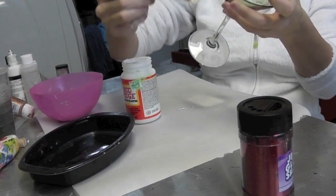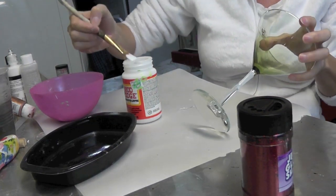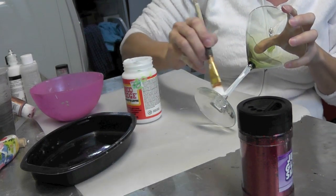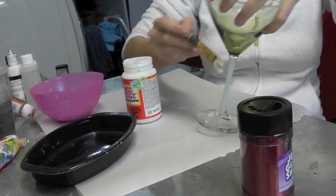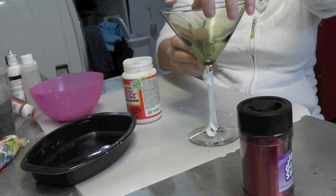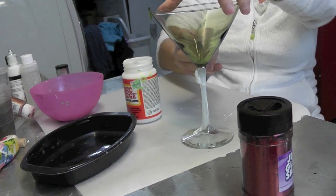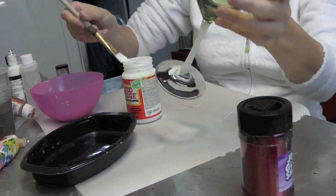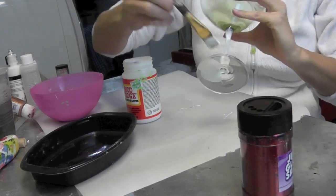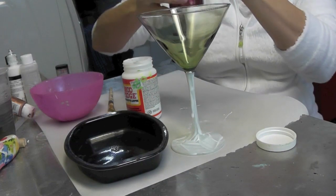I'm not doing anything on the top here because I don't want this to get in the way of actually using the glass, and we don't want to have to worry about whether anything is food safe or people actually eating glitter or anything like that. So cover the whole stem with the Mod Podge, and then working in a tray I'm going to use